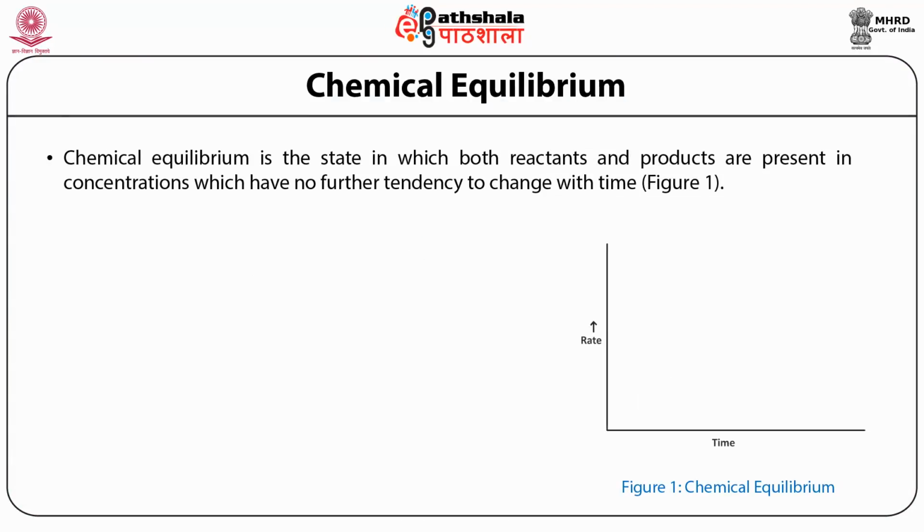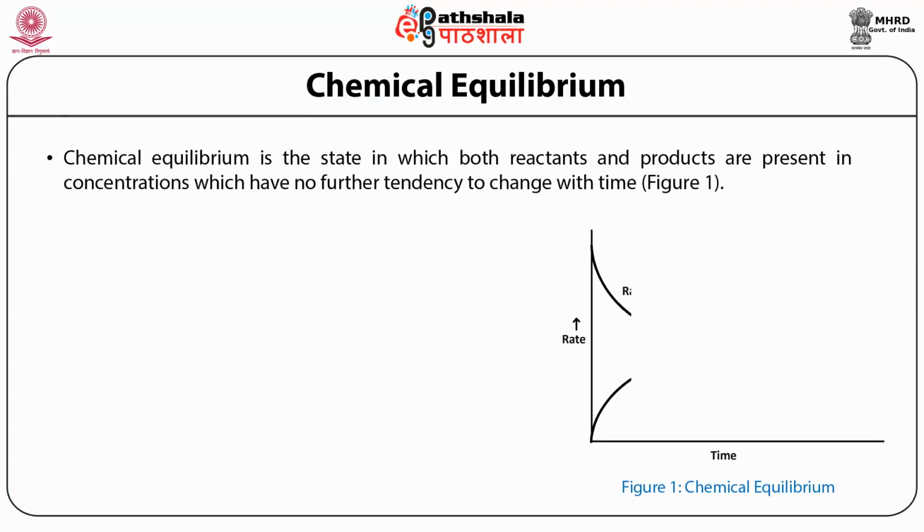Chemical equilibrium is the state in which both reactants and products are present in concentrations which have no further tendency to change with time. As you can see in figure 1, the rate of forward reaction and the rate of backward reaction are meeting at this point,